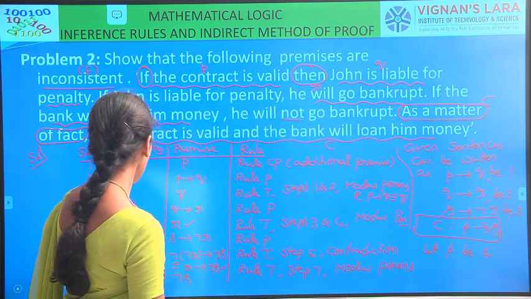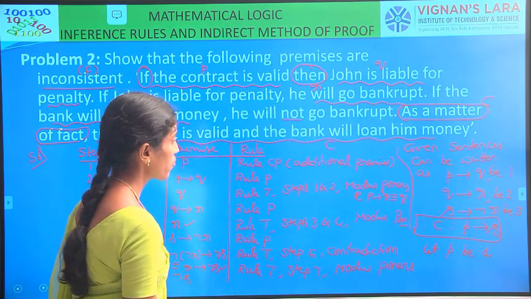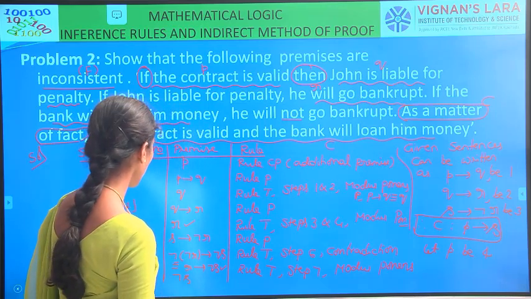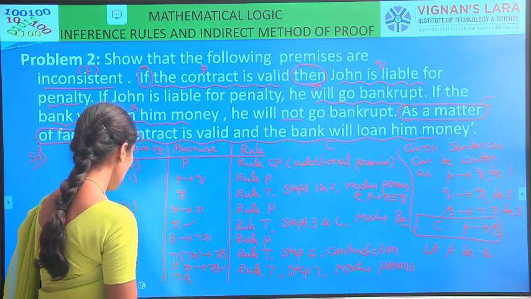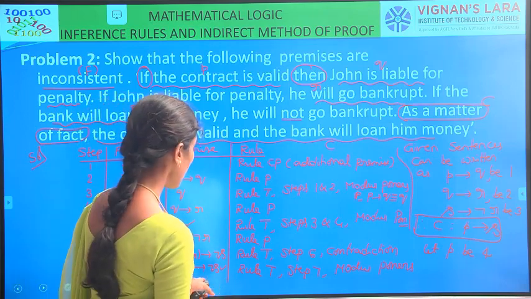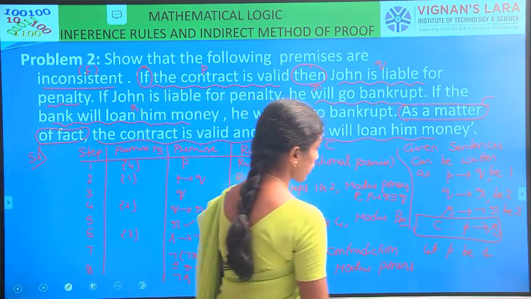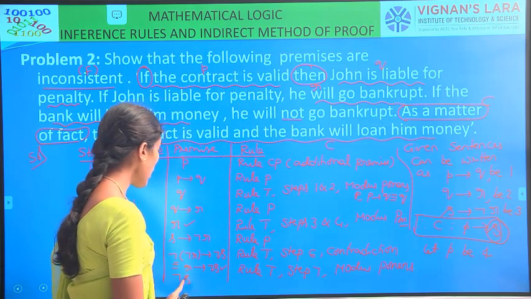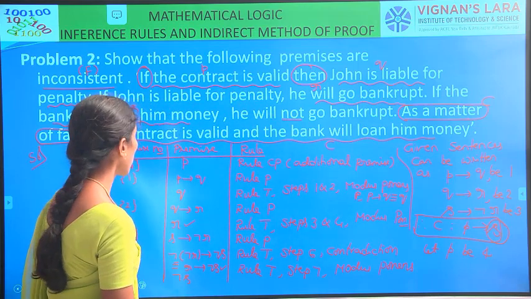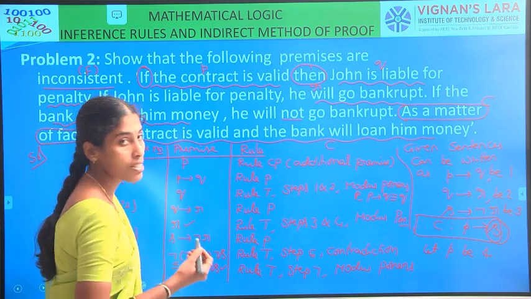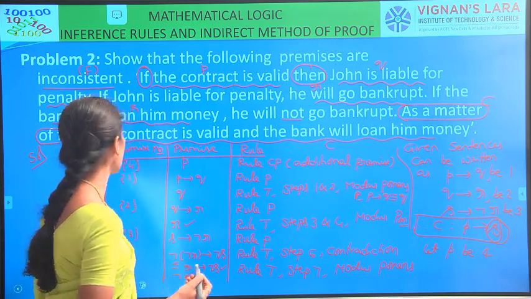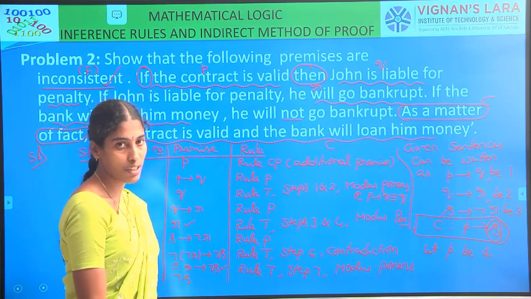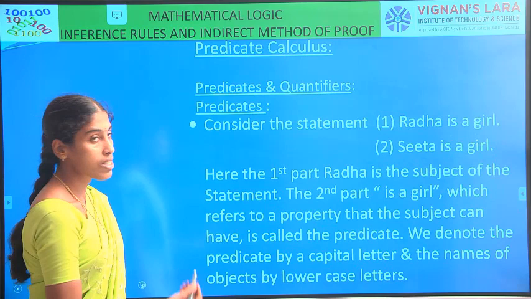Right? So what are we getting here? We are getting negation S. But what is our conclusion? S is our conclusion. But what we are getting here is negation S. Therefore, the given set of sentences, otherwise the given set of premises, leads to inconsistency, otherwise a contradiction. Right. Now we will see the next one.